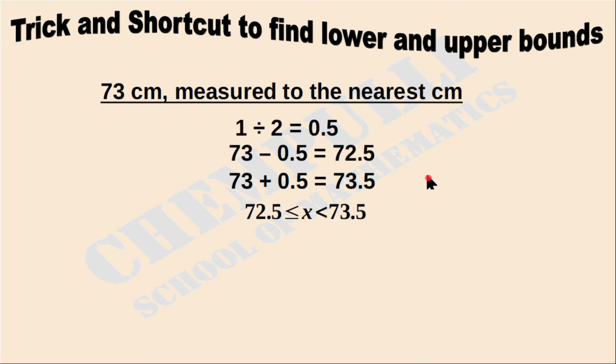Then we can write it as an inequality like this: 72.5 less than or equal to x less than 73.5. That is the question: 73 centimeter measured to the nearest centimeter. What is the meaning of nearest centimeter? It is 1 centimeter. That is 1 divided by 2, that is 0.5. Subtract to find the lower bound and add to find the upper bound, and we can write it as an inequality like this. Okay, the next problem: